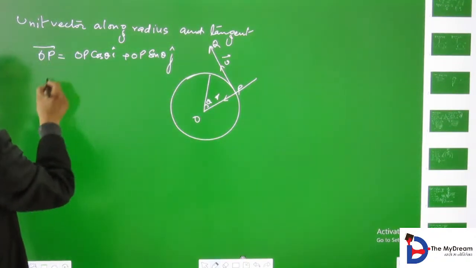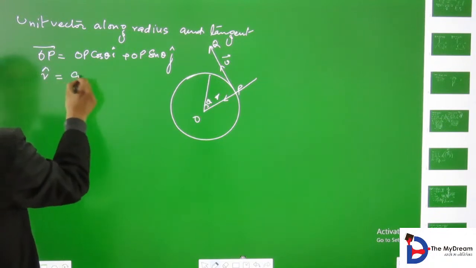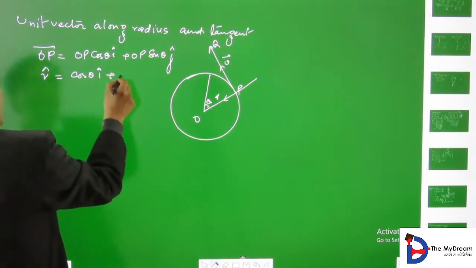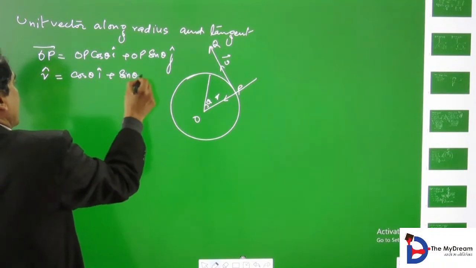Take this below it: cos theta I, sin theta j,